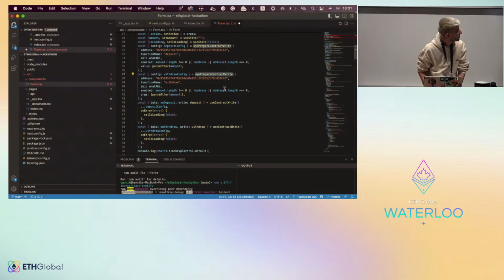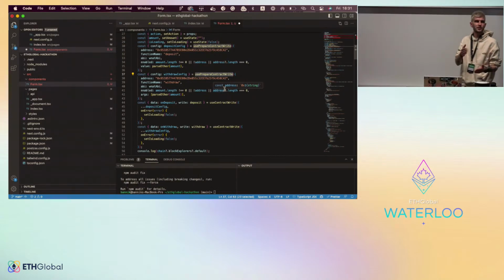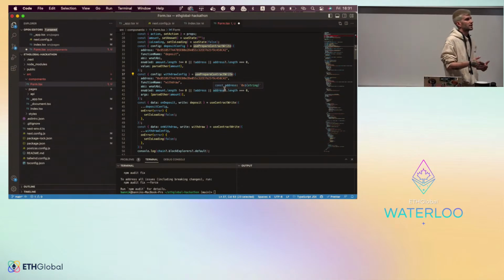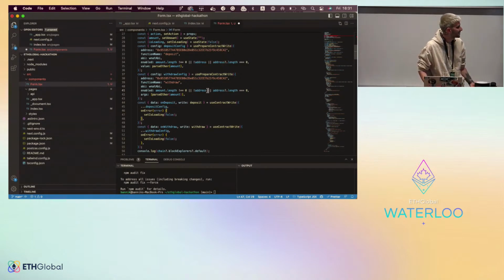Use contract prepare write, very important function. This helps you to prepare the transaction before the user clicks any button, and that will allow you to make sure that there are no issues with either some maths that you're doing on the front end or some other kind of malicious behavior that your user can do. You can disable it for him by saying when this function is enabled or not, and you can also